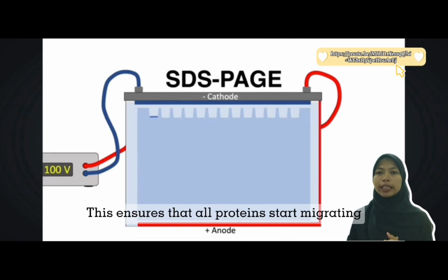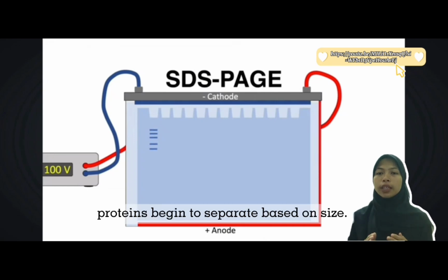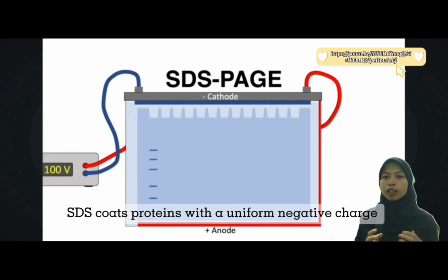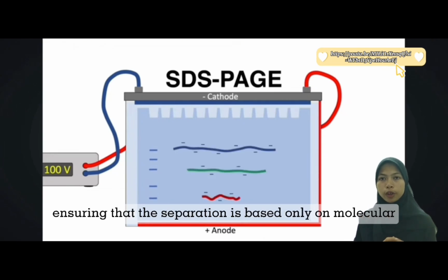This ensures that all proteins start migrating into the resolving gel at the same time. In the resolving gel, proteins begin to separate based on size. Smaller proteins encounter less resistance and move faster, while larger proteins move more slowly. SDS coats protein with a uniform negative charge, ensuring that the separation is based only on molecular weight and not